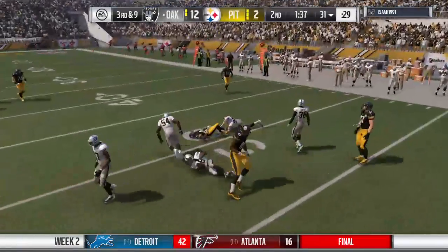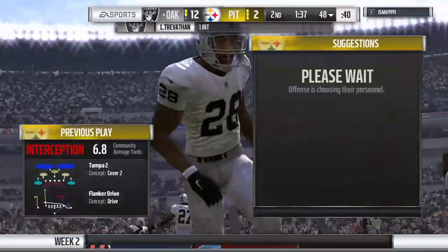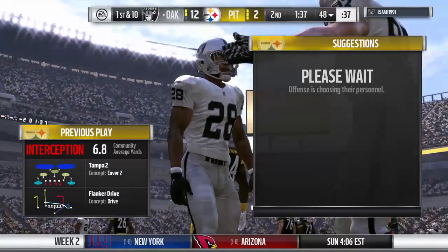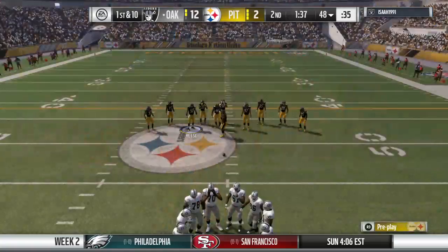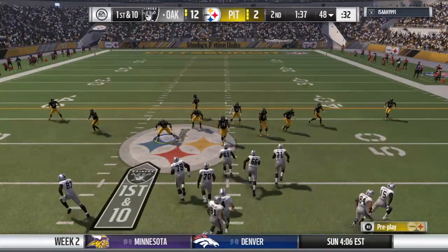And Big Ben intercepted a 3rd time. A great read, and it's picked off. And his guys are going to get it at the 8-yard line. Now the Raiders offense, they